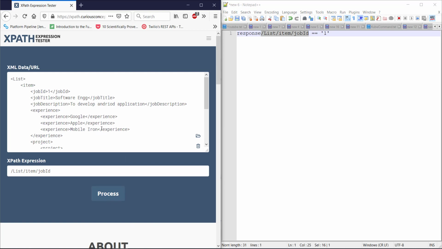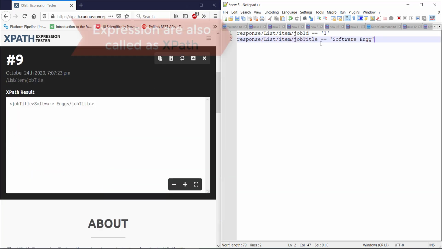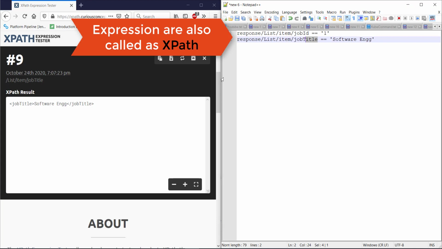In a similar manner, if I want to validate the value of job title, my expression would be job title. These expressions are also called XPath.